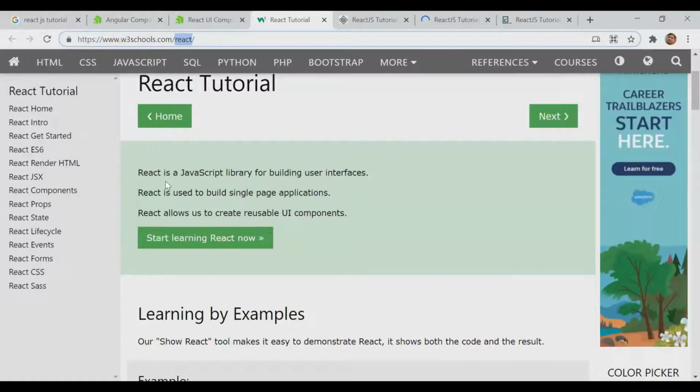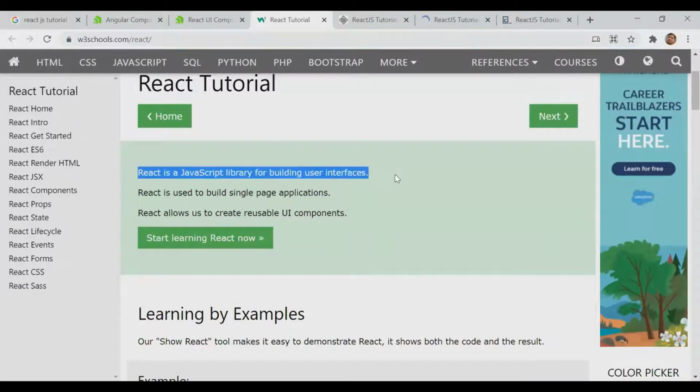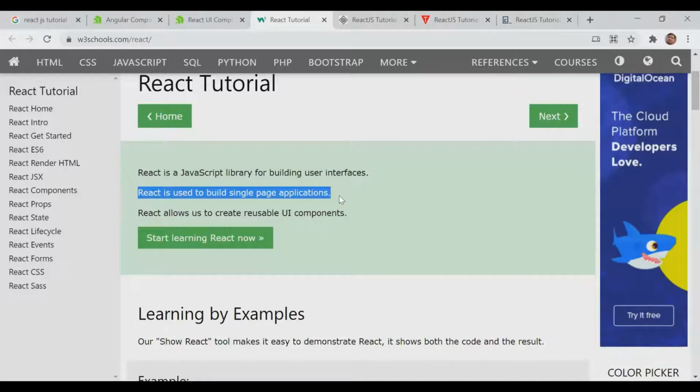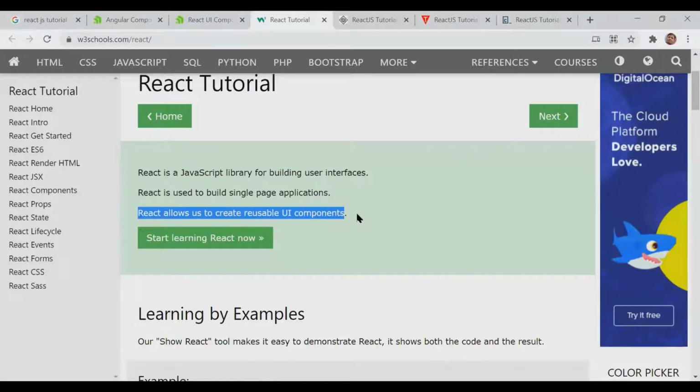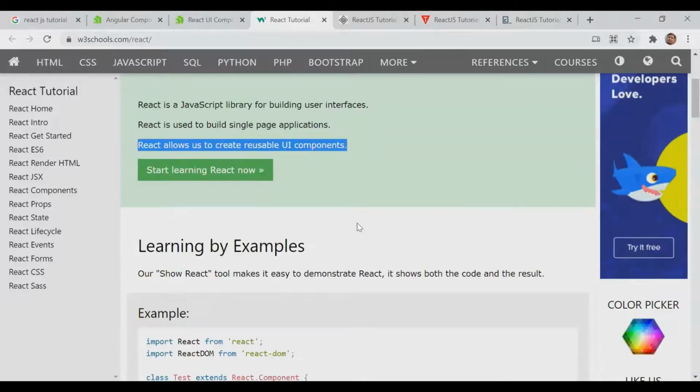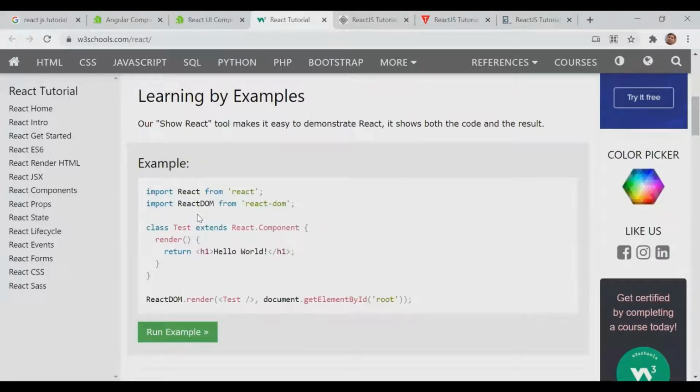So as we know, React is a JavaScript library for building UI interfaces, and it follows the same approach as Angular. You can create components, like in Angular we are able to create components. In Angular also we have the import facility, so we have it here too.